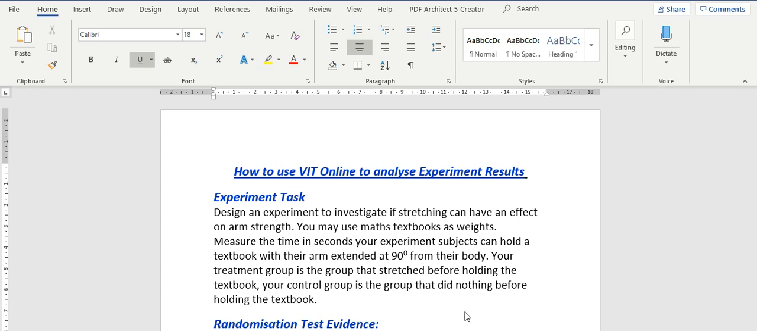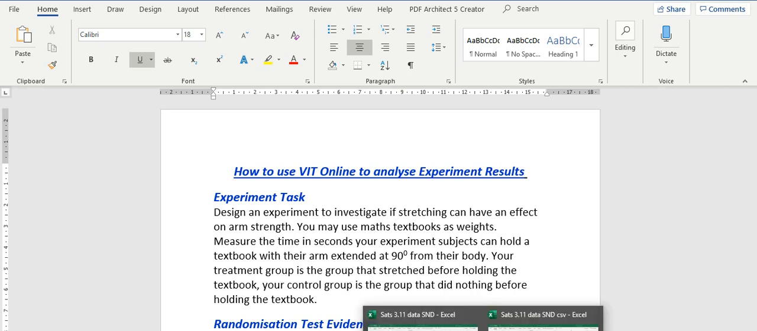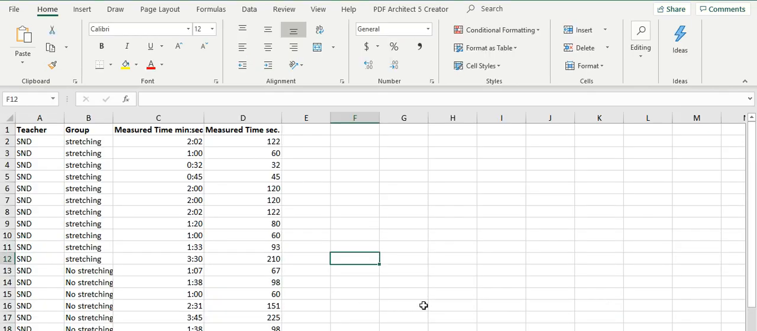So we carry out the experiment and record the data into an Excel file, like we did here. So we record the class or the teacher who's teaching that class. The two groups are stretching and non-stretching. Time measured in seconds, and then convert that into just seconds, and then save this file as